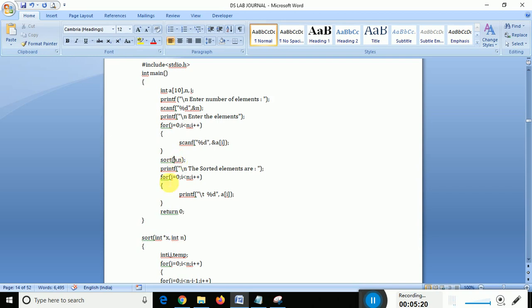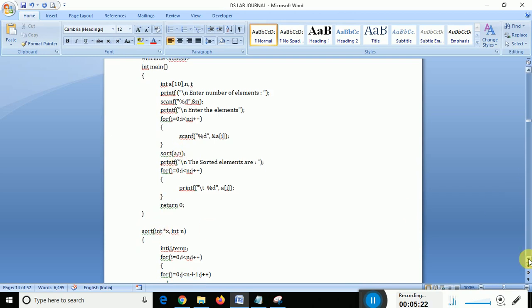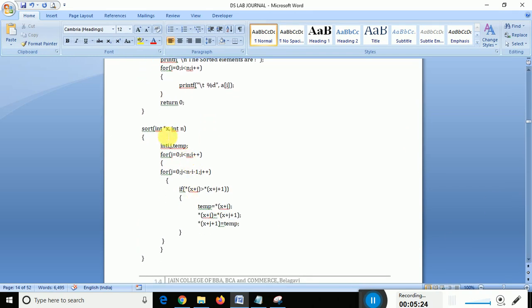Then it will start working here, with i and j, and start comparing. After comparison, swapping is done. This sorting portion is done.